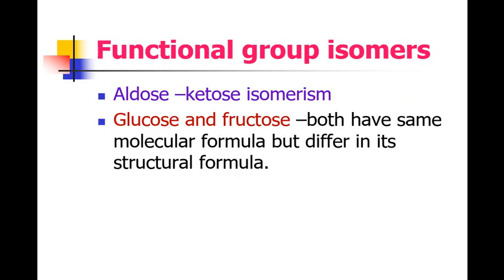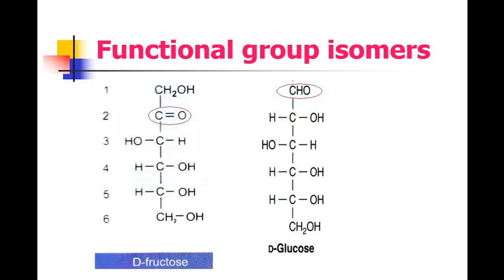Now, functional group isomerism is another type of isomerism that can be seen in monosaccharides, that is aldose and ketose isomerism. So glucose and fructose both have the same molecular formula but differ in the structural formula. You know that glucose has the formula C6H12O6, fructose also has the same formula C6H12O6. Both have 6 carbons. But they differ from each other with respect to the functional group that they have. So in glucose the functional group is aldehyde, whereas fructose has a keto functional group. See, fructose has a keto functional group on the second carbon,